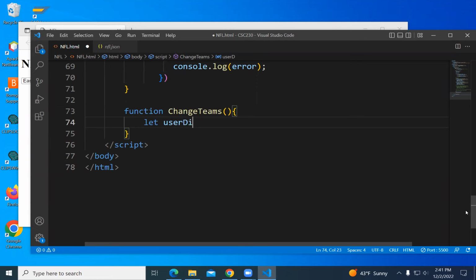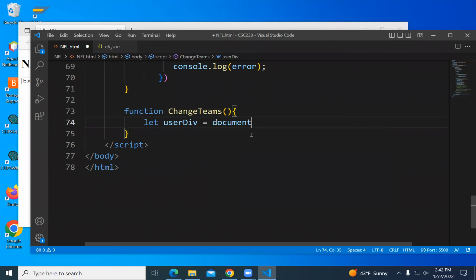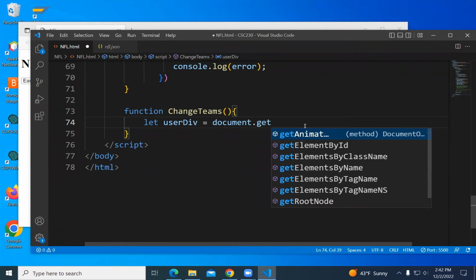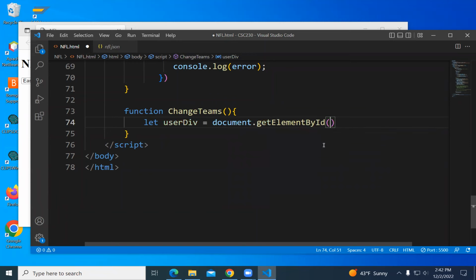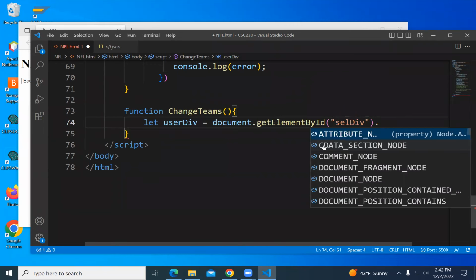So user division, okay. And that is going to be what? Standard stuff, document.getElementById, sel division dot value.